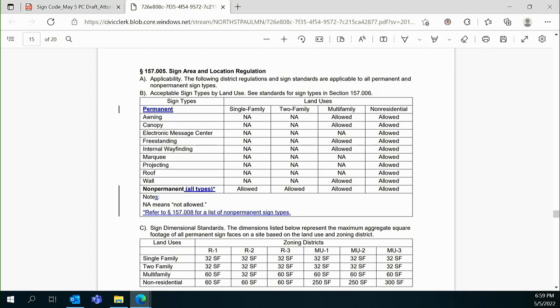So we would have two tables. The first would say permanent sign awning. Under single family, it would say 0 square feet, because we're talking about how much area you can have. Permanent, yes. And then there would be another section, like what you did up in B, where you have permanent at the top and then you have non-permanent. Oh, I was confused. I thought you just told me to change B. So we're talking C? Oh, no, I'm sorry, I'm talking C. Maybe I did misspeak.